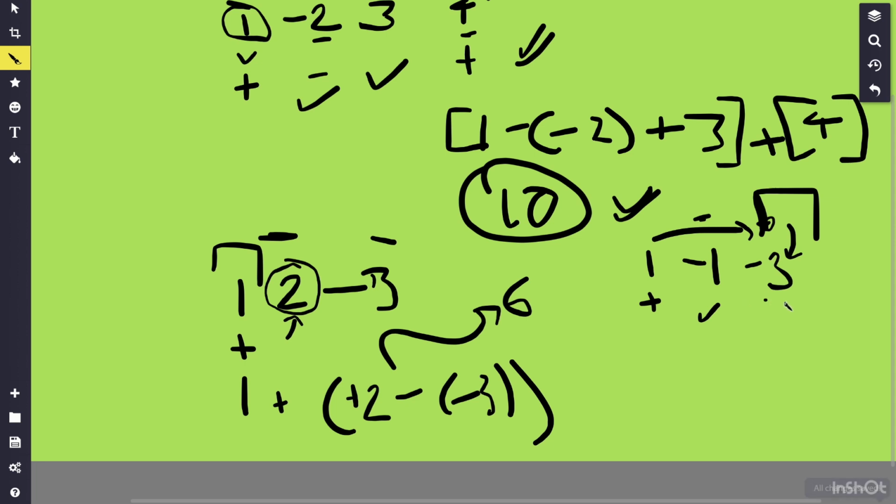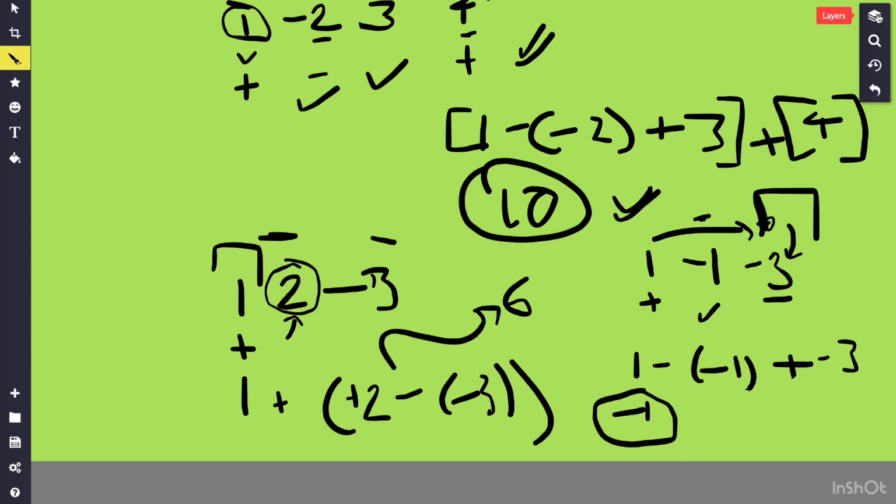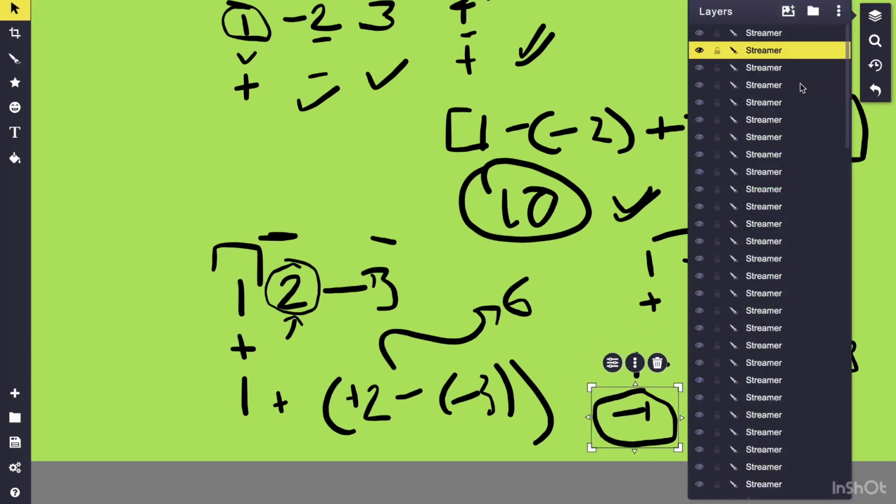Then we'll get the array as 1 minus of -1, and then plus -3. So this value will sum up to -1. Okay. Now let me just